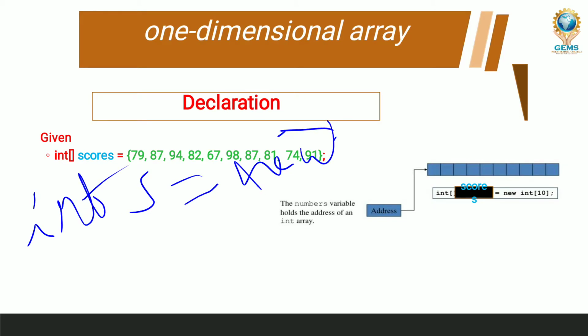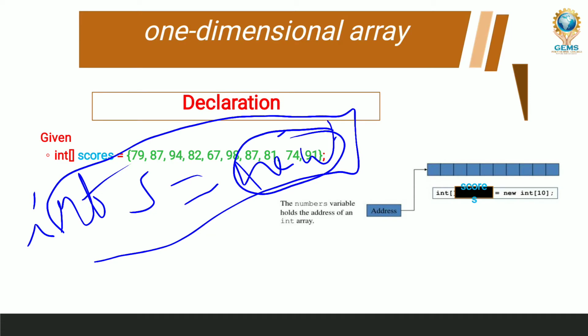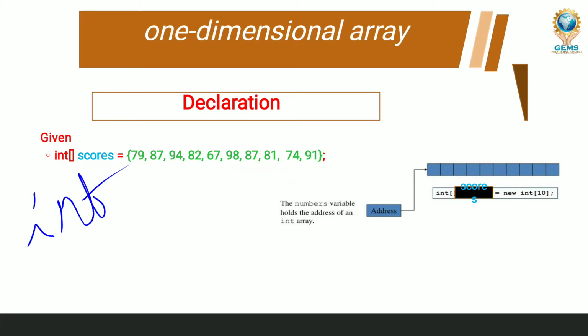So the new operator we are using for creating an object. Now, as well, I want to say that using the new operator we will also initialize the elements. Just declaring the variable array, so it is better not to talk about it here. We will see this concept later.